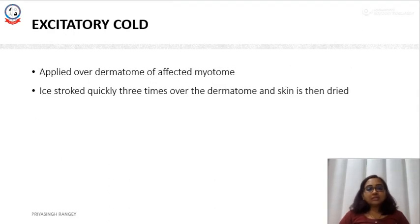When applying excitatory cold, the first thing that we need to do is identify the root level of the muscle that is inhibited, and identify the skin that is supplied by that particular root. Hence we need to apply the excitatory cold over the dermatome associated with the affected myotome. In this particular dermatome, we need to stroke the ice quickly 3 times, and then we need to dry the skin. Because of this quick stroking, there is going to be tactile stimulation, there is going to be stimulation of